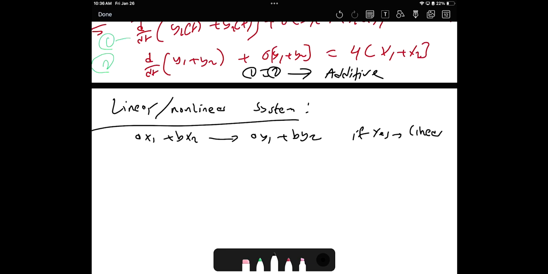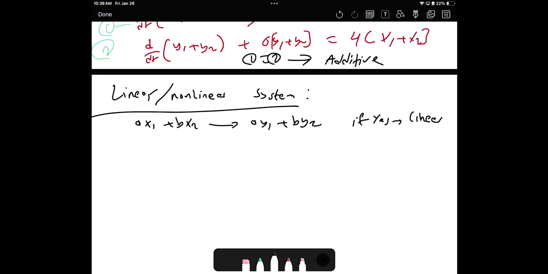So basically, what you are going to do, the procedure: in order to check whether it is linear or not, replace x by ax1 plus bx2. Then get your equation and find the results. That's the first step. Step number 2,